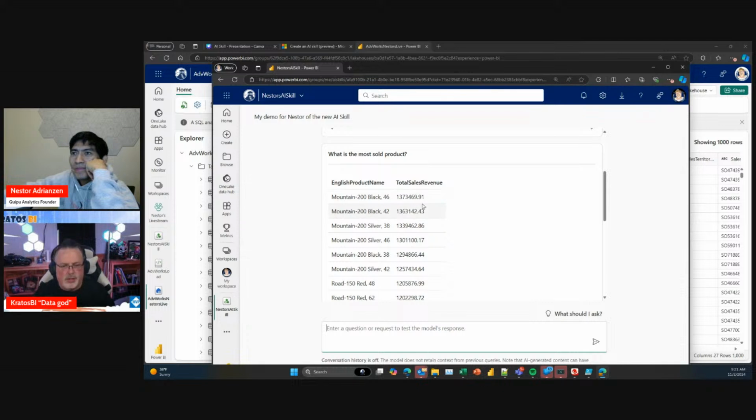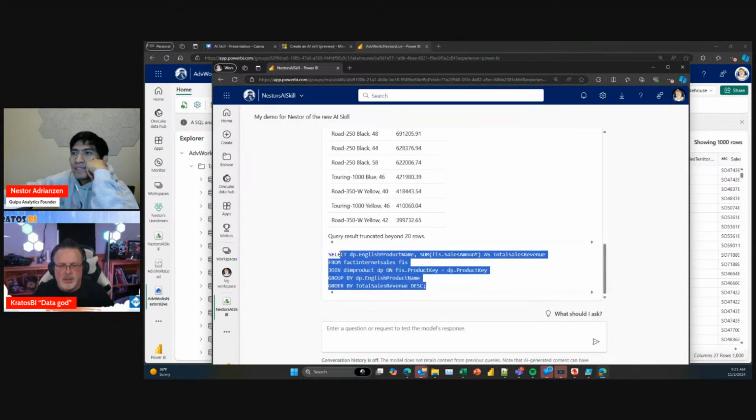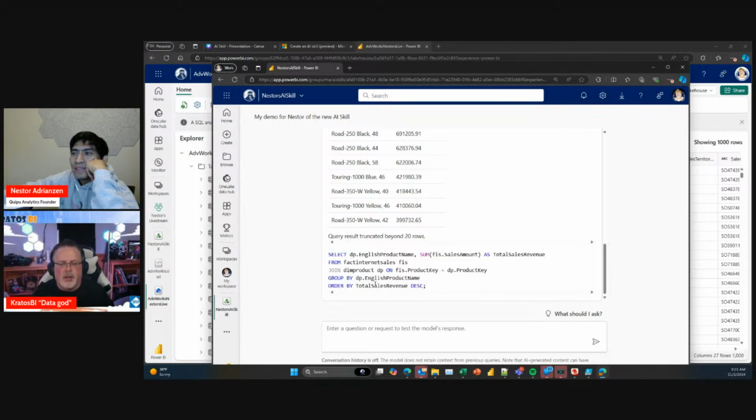Yes, it's the one I had trained it on, and I could see the query that was executed. This is right. This is what I want it to be. Since the end users might not be technical, and we don't want to overwhelm them with the code, can we hide this?